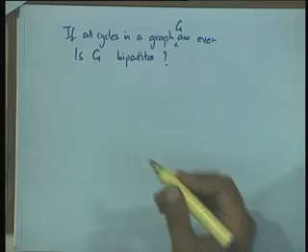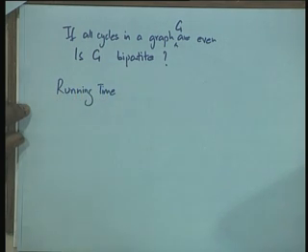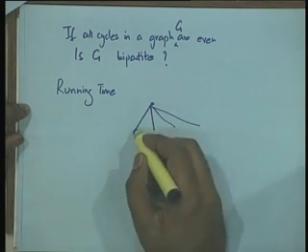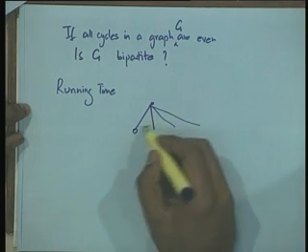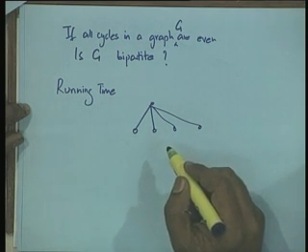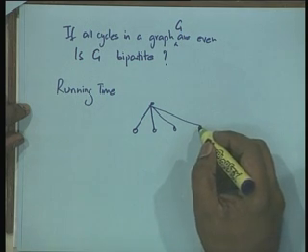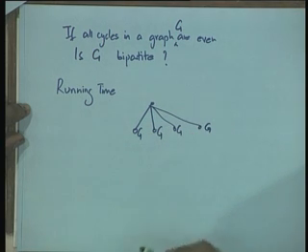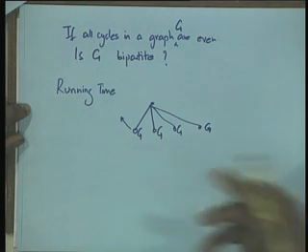Why? Because when we are doing breadth first search, we look at all the adjacent vertices. Then when I come to this vertex, what are the various things we are doing? We looked at all of these and we put them into the queue and we gave them a certain color. What was the color we gave them? Gray, right? So each of these vertices was colored gray. Then I removed one of these vertices from the queue. Let's say I removed this vertex from the queue and I looked at its neighbors.